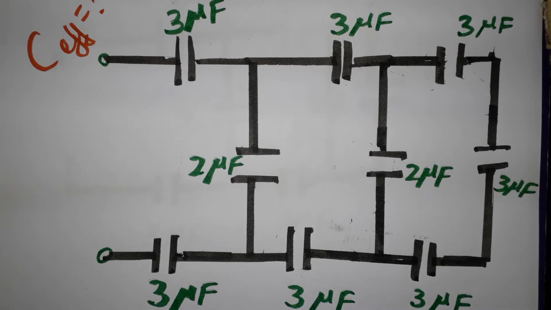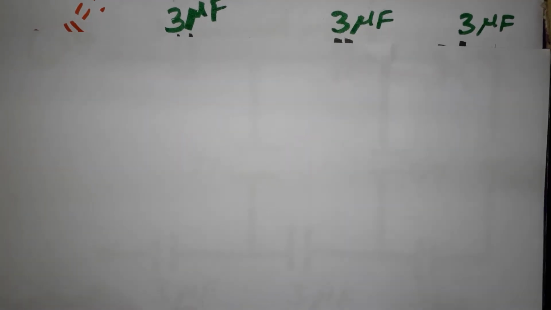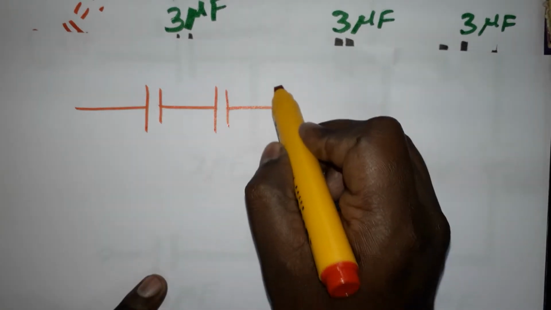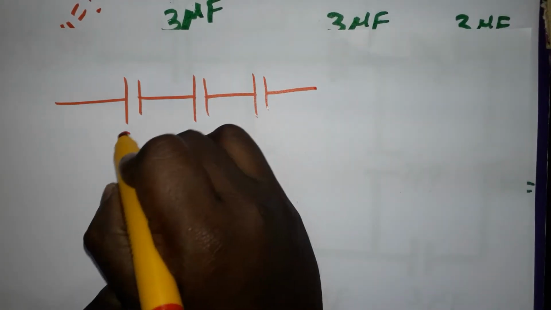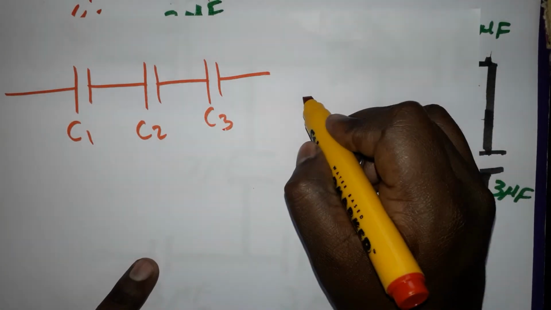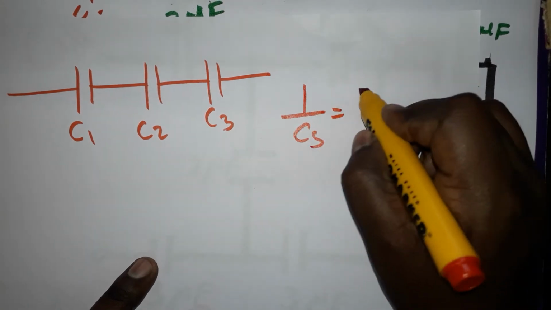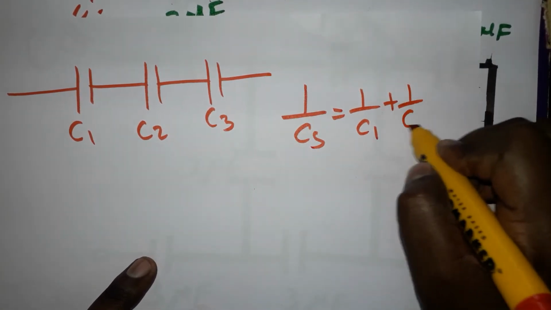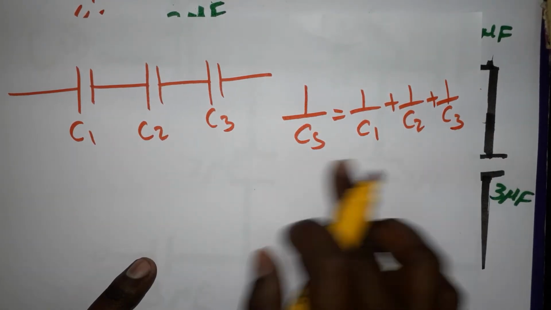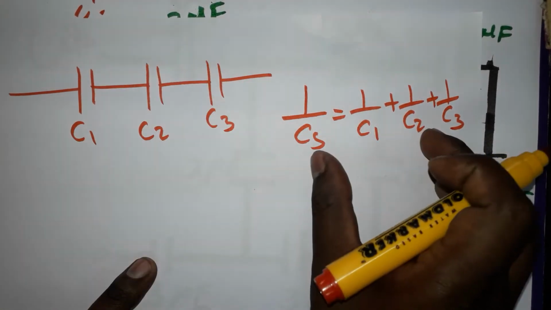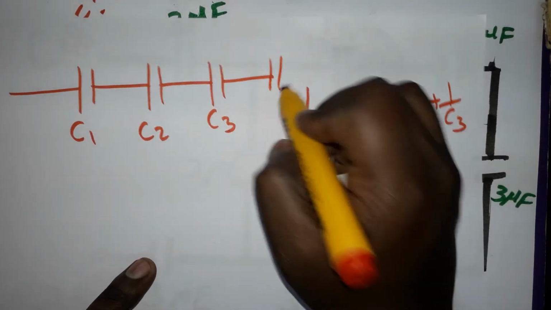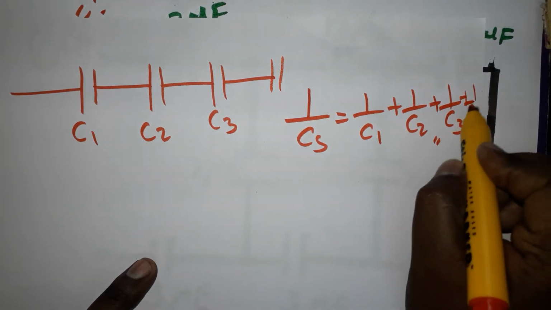So first we learn the basics. Capacitance in series, like this. I have taken 3 capacitances in series, C1, C2, C3. So what is the formula for capacitance in series? 1 by Cs is equal to 1 by C1 plus 1 by C2 plus 1 by C3. In case of series, you can use this kind of formula. If 2 capacitors are there, you can stop here. In case of 3, you do this. If 4 is there, you can add 1 divided by C4.